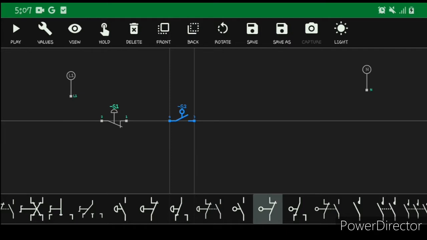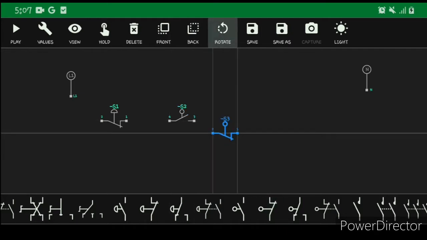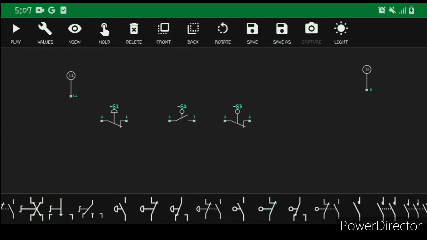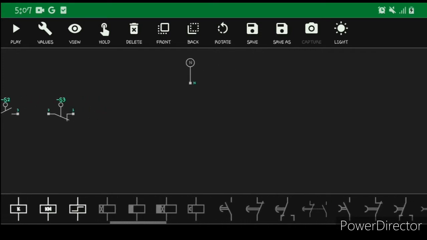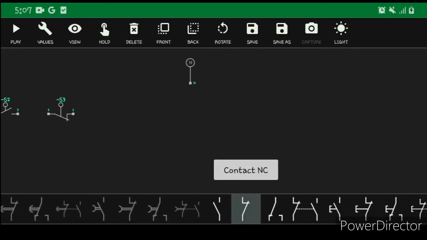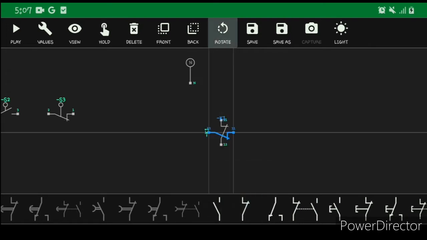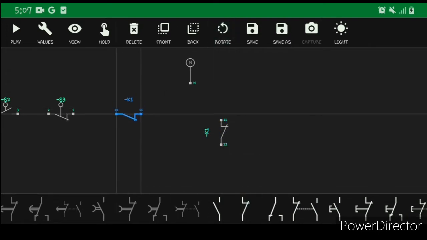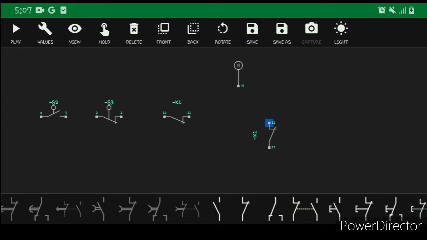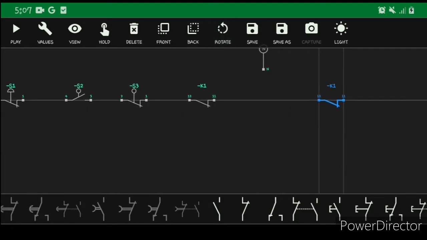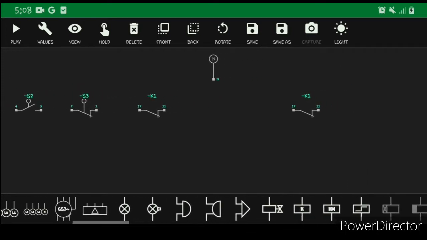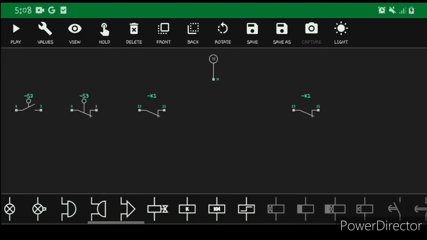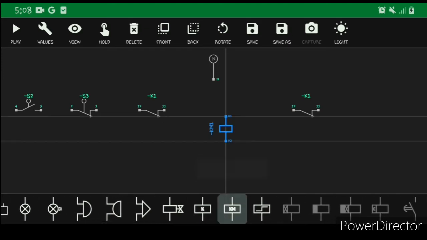And a normally closed limit switch. And also a normally closed contactor for the interlock. And this one will serve as an overload relay. And a contactor coil,